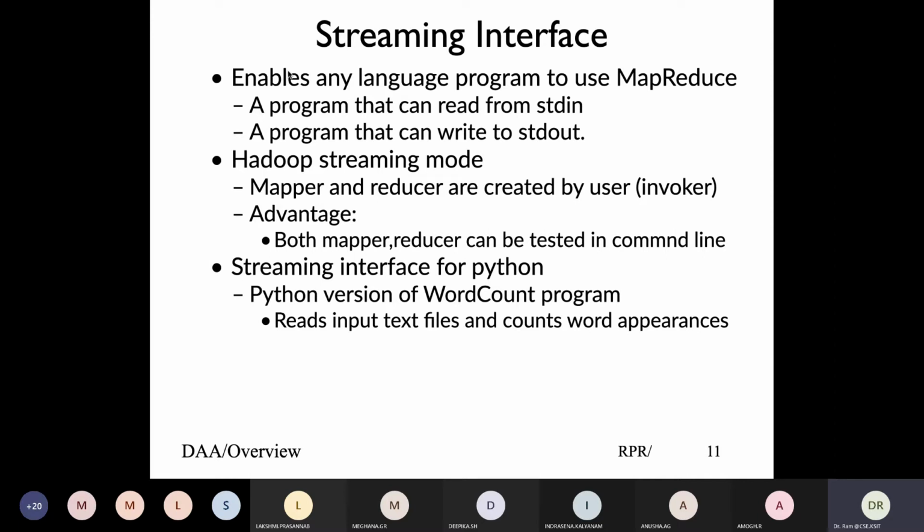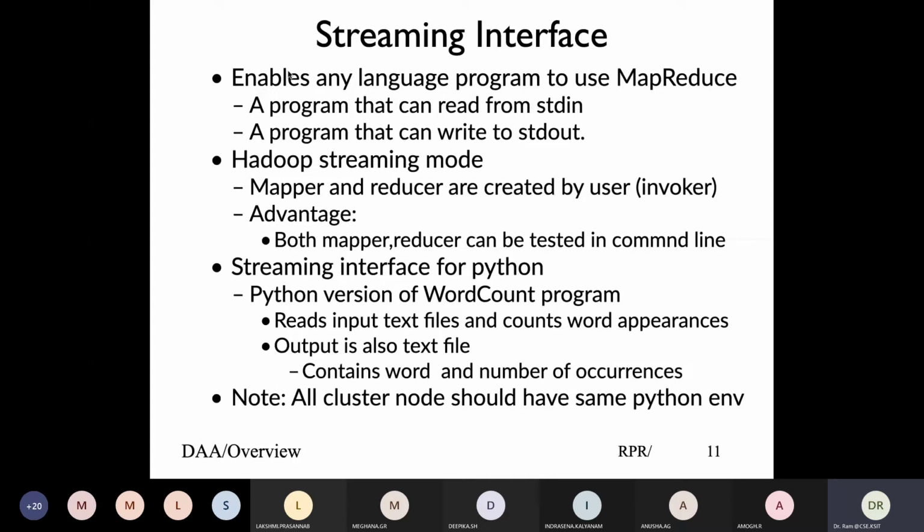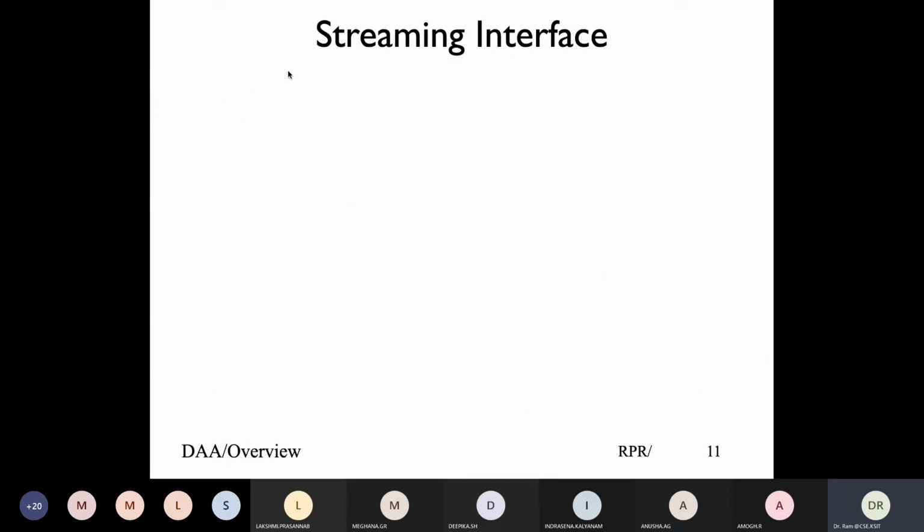It is, again, from what the author Douglas Eadline has given. You can write your own one, which is fine. It reads inputs, and let's see how the streaming interface for Python would work. We should get the same output if you want. All you have to make sure is